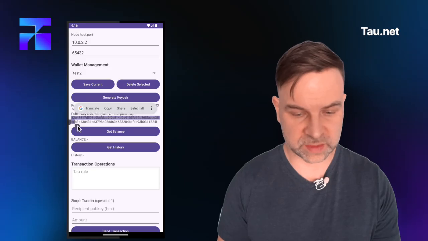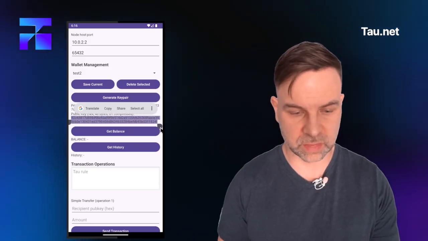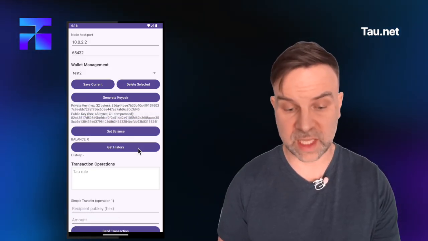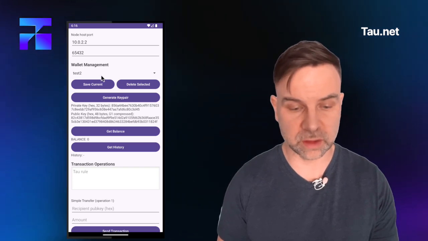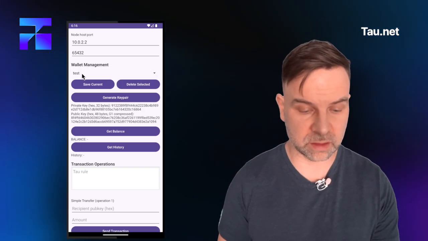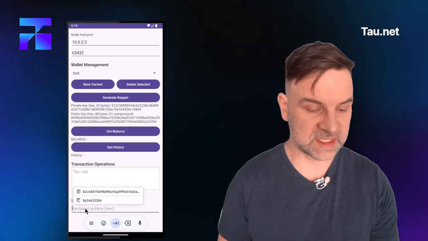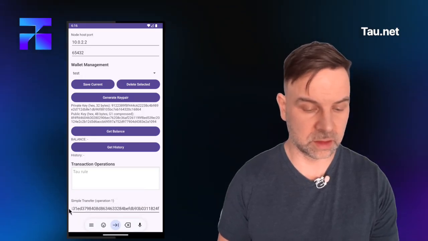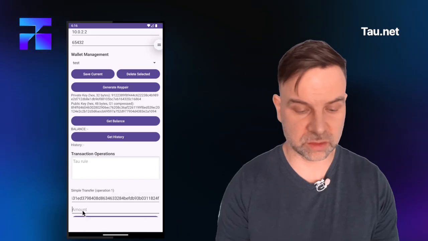We copy its public key. We go back, we get the balance, it's 0, yeah? We get back to our main wallet and we send a certain amount to that wallet.